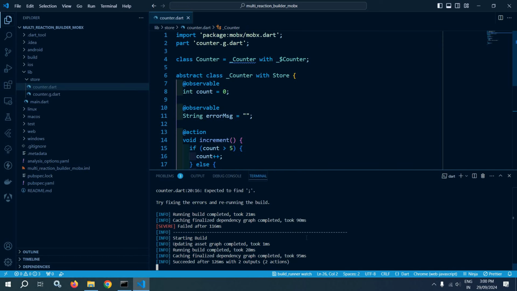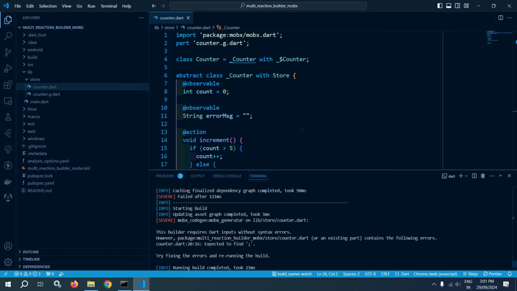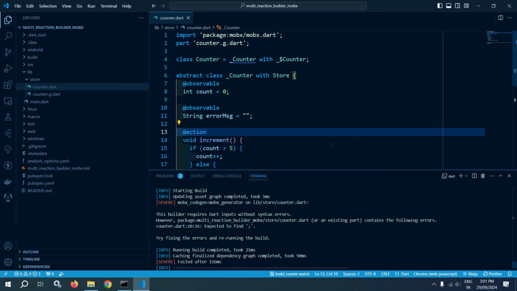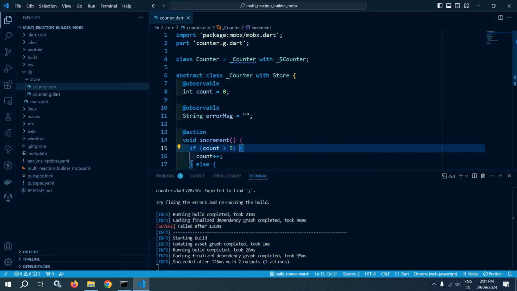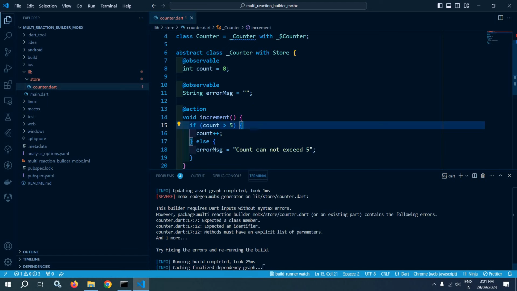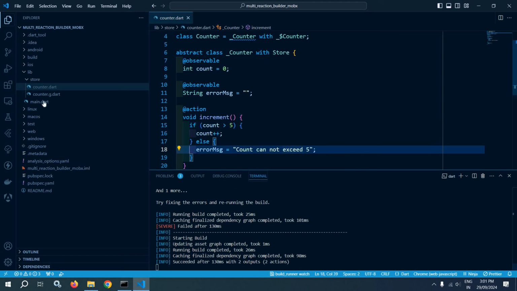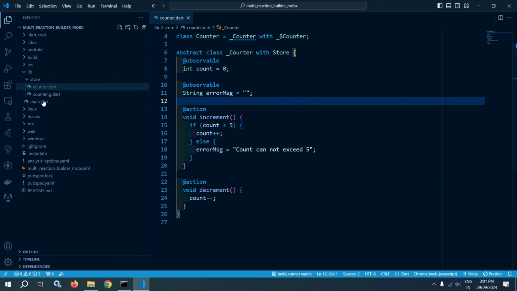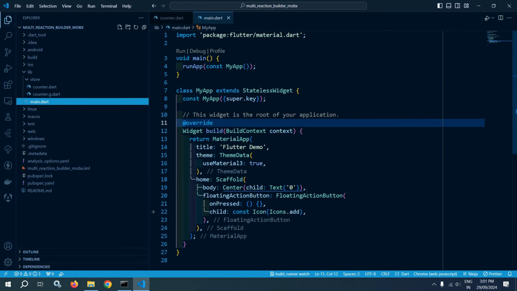And after that, in the terminal I have run the command dart run build_runner watch. So whenever I am saving this, it is generating this counter.g.dart, right? Now let me move to main.dart. In the main.dart, if I run this,